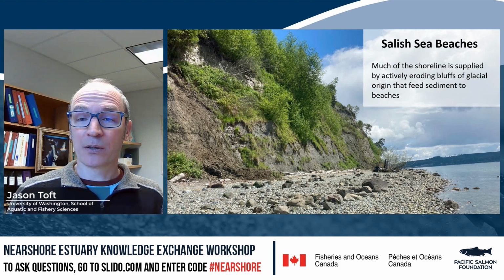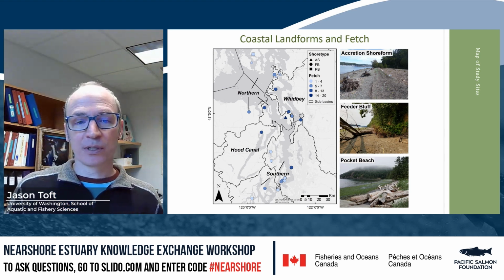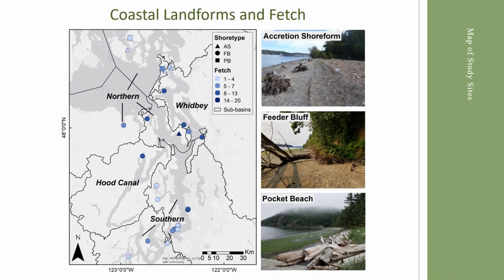There's a variety of shore types along our beaches, and I'm going to show you a study here where we separated out our restored sites based on 3 different coastal landforms. So the photos on the right, if you look at feeder bluffs in the middle, again, these are eroding bluffs supplying sediment to the beaches. The upper photo is what we call an accretion shore form. This is a low elevation beach where sediments from updrift are maintaining that beach, so it's accreting sediment. And if you look at the lower photo, we refer to that as a pocket beach, also a lower elevation beach. They're buttressed by rocky headlands on either side, so they don't have a sediment drift cell in that location